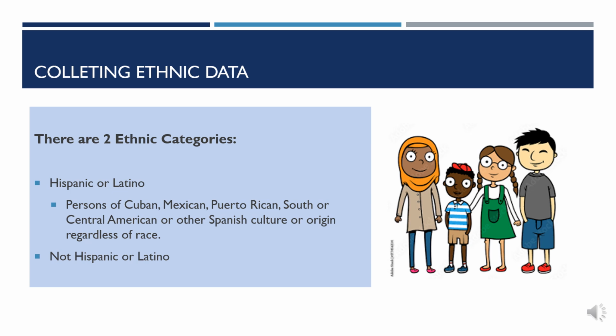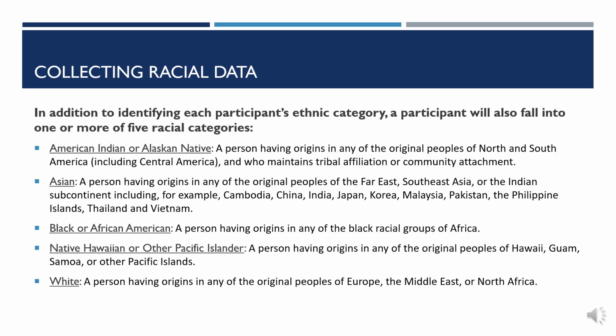There are two ethnic categories: Hispanic or Latino, or not Hispanic or Latino. Someone who is Hispanic or Latino may be Cuban, Mexican, Puerto Rican, South or Central American, or another Spanish culture or origin, regardless of their race. In collecting or providing racial data, a participant may fall into one or more of the 5 racial categories: